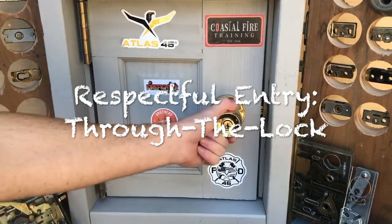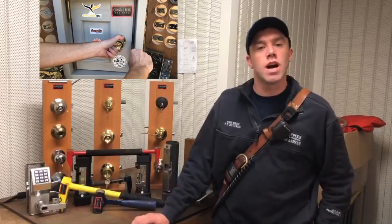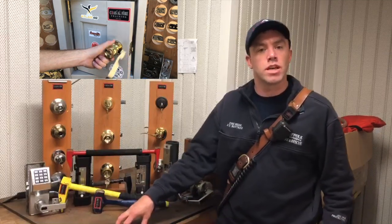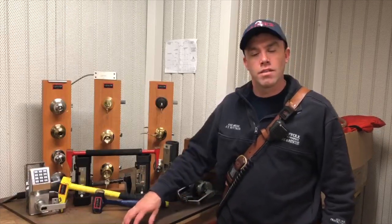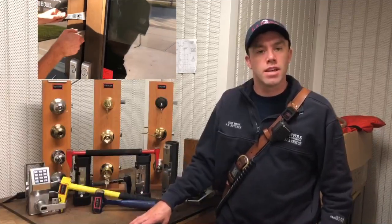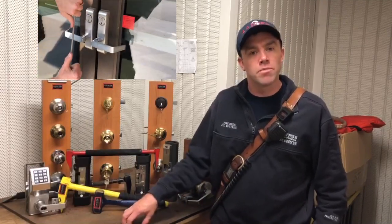We invite you out to FDIC 2020 in our class, Respectful Entry Through the Lock. We're going to be out there teaching traditional through-the-lock methods and our escalation of damage system that we associate with respectful entry. So we're going to be teaching non-destructive entry, entries that cause no damage whatsoever, that fall under Lloyds and bypasses and other little tricks that we can use to get in some of these buildings. And then we're going to go right into through-the-lock methods for lock damage only, and then our escalation